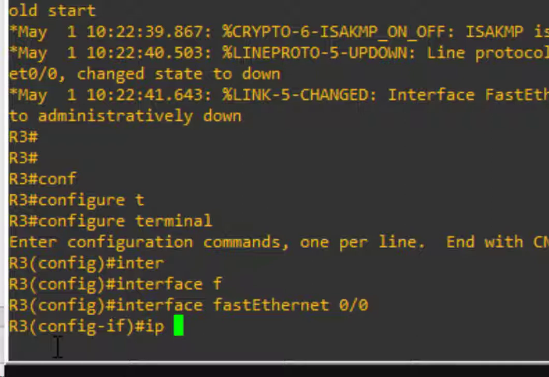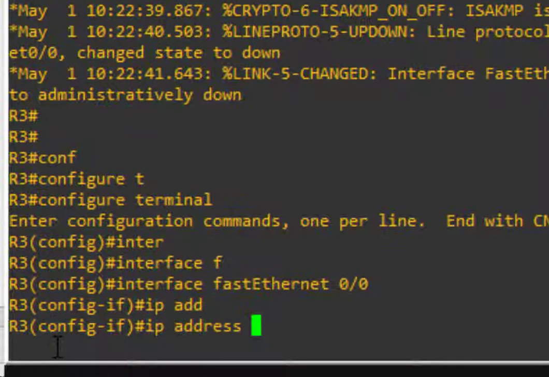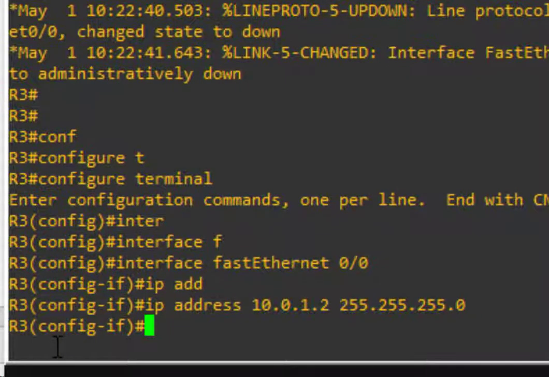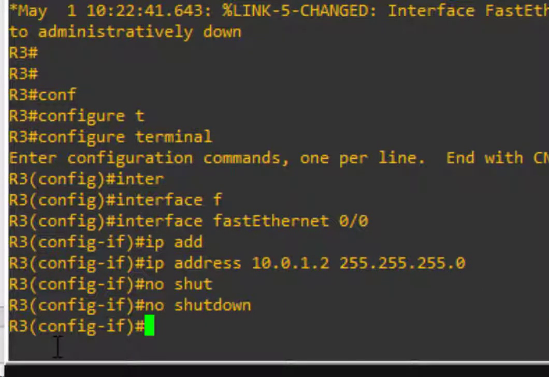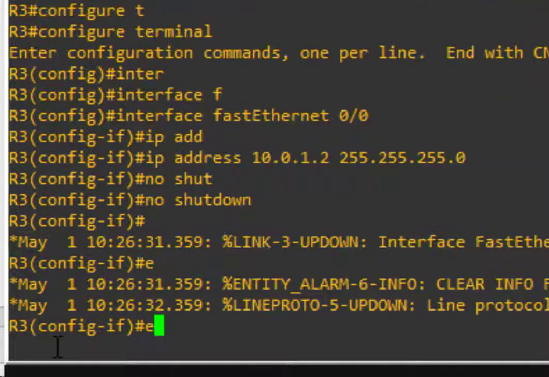And here we give the IP address. Now the IP address is 10.0.1.2, okay, and this 255.255.255.0, okay. And again no shutdown, so this is turned on. Now we exit from here,